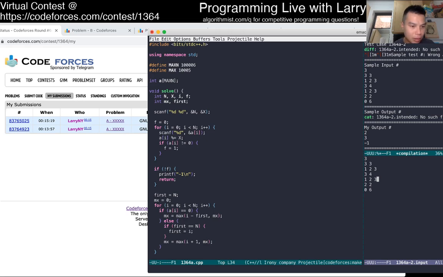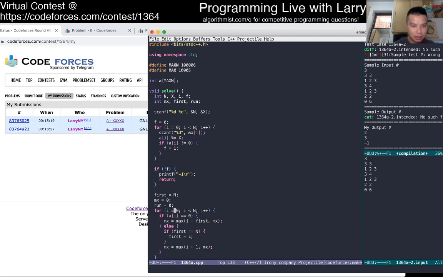Also, what is wrong with me? This is not like I said, sometimes you rush things even though you because this is not supposed to be happening. This is supposed to be running sum, not the actual number.